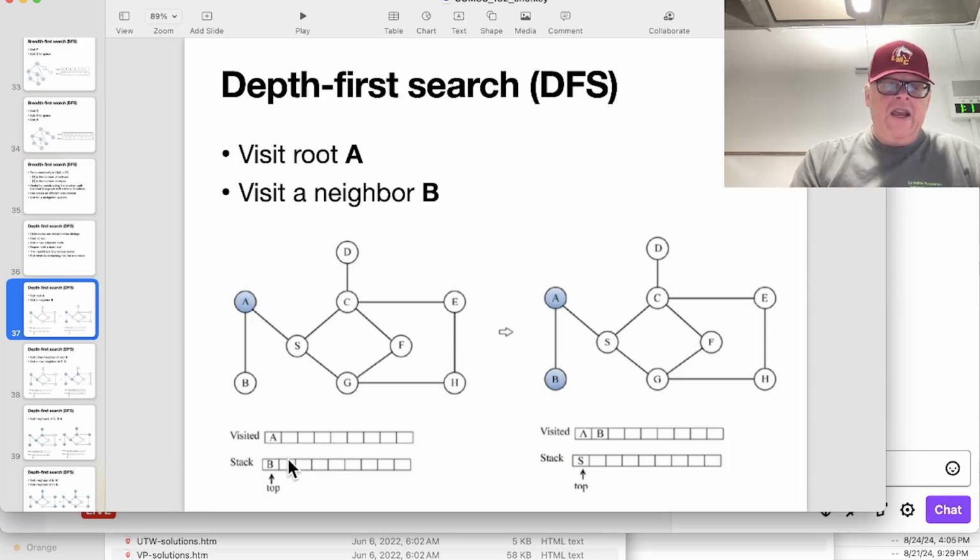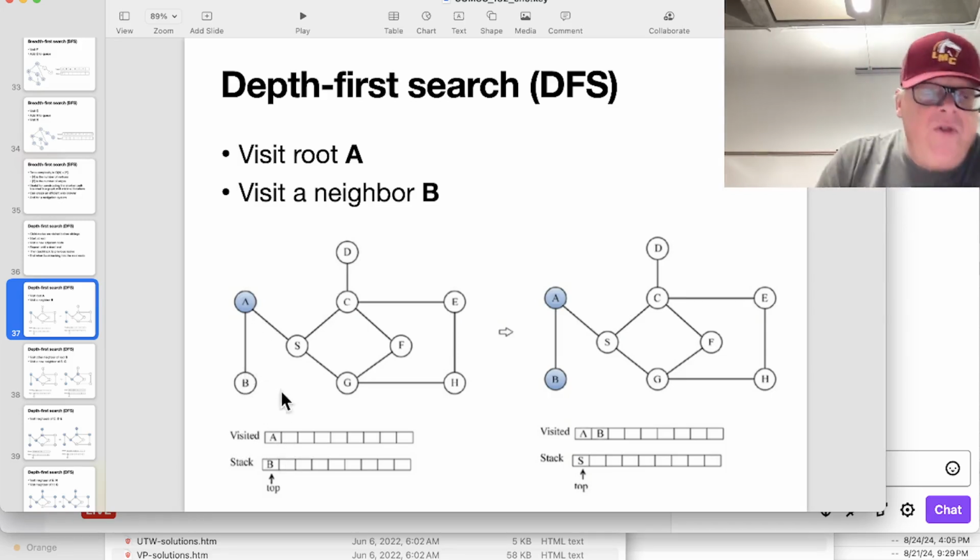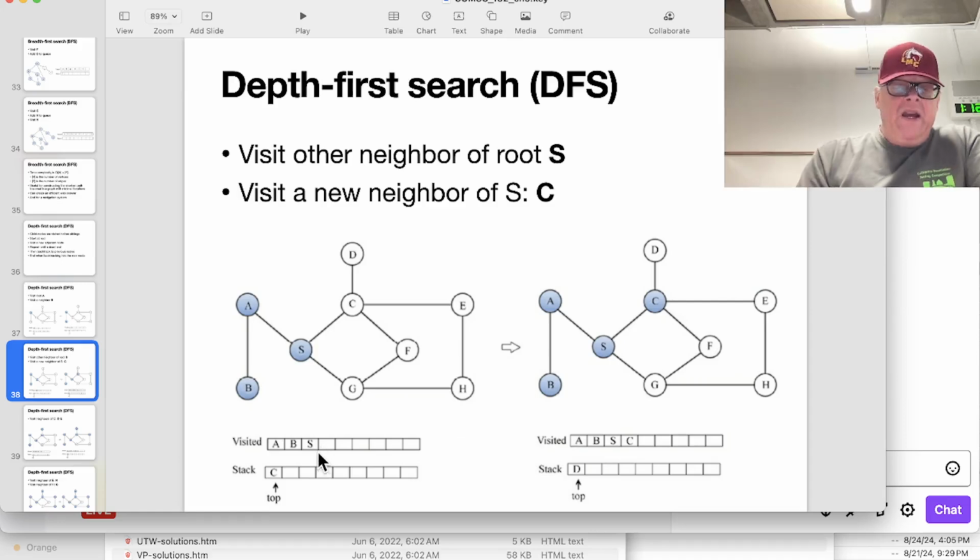First you go to A, you mark it visited, and you see there's a node called B, so you put it on the queue. Then you elevate B to the visited list, and B does not open up anything new. So you have to backtrack and see that there's S you haven't visited yet, so you add that to the queue. That's the idea. So you visit the other neighbor S, that opens up C and G,